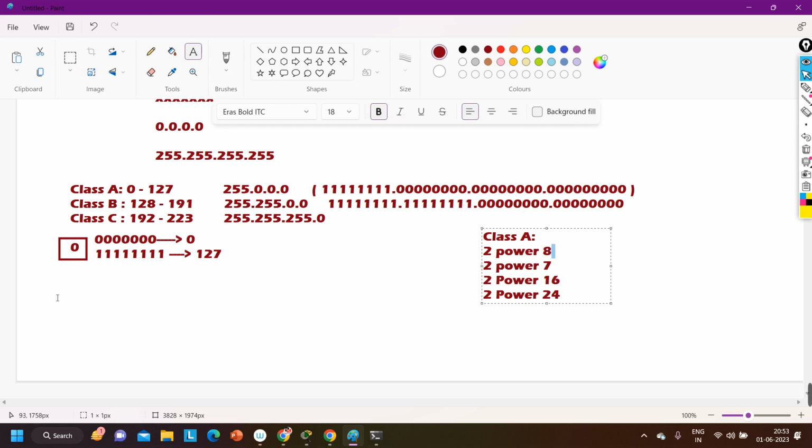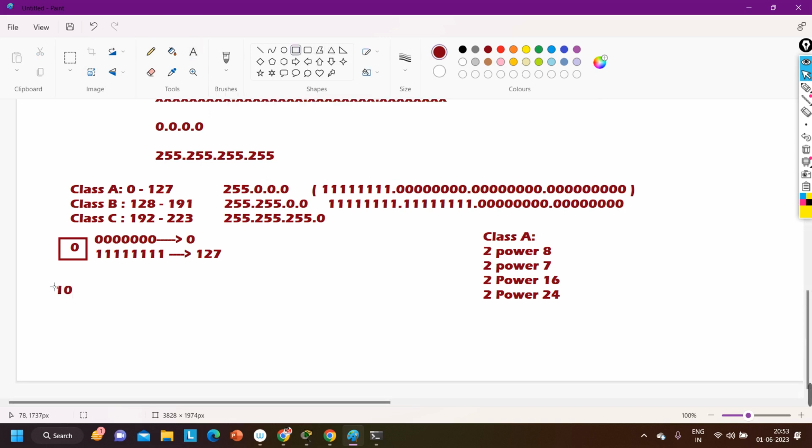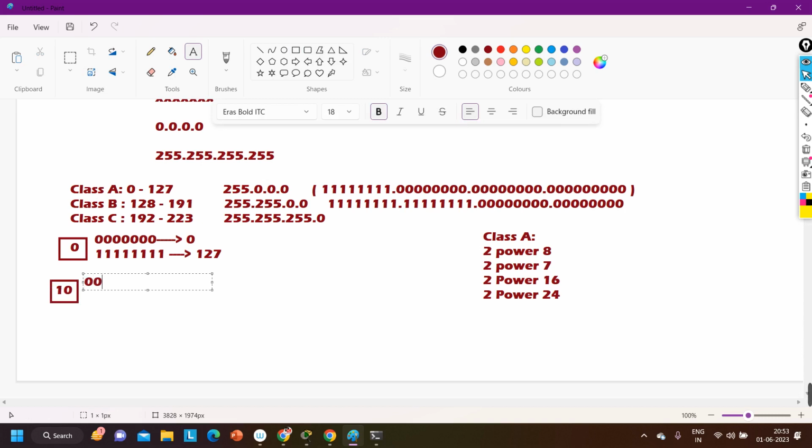In the same way, for class B, we have reserved 2 bits. The first bit will always be 1 and the second bit will always be 0. So now for class B, how many bits do we have free? 6 bits are free. So if all 6 are 0,